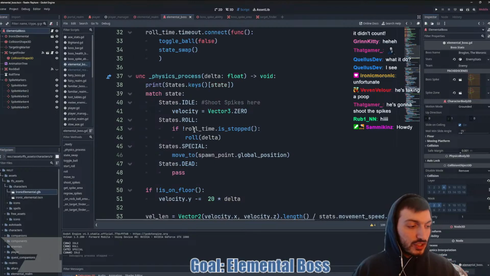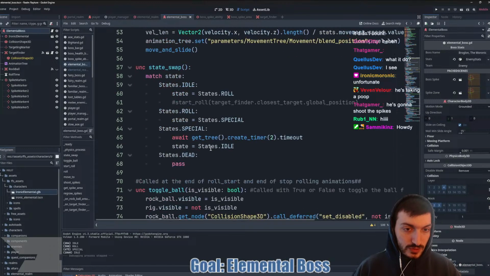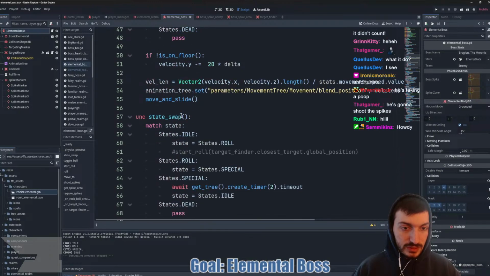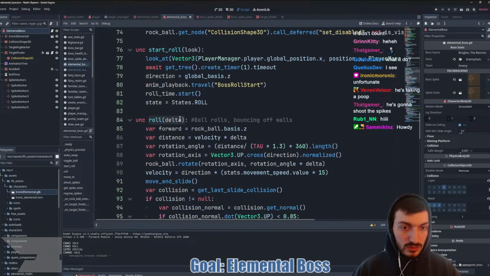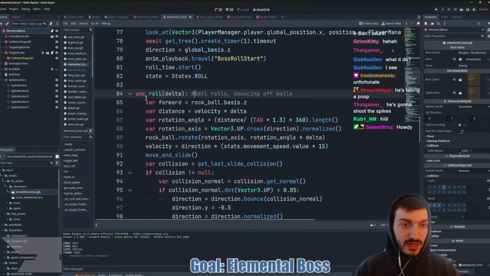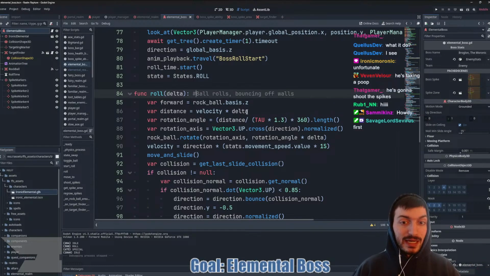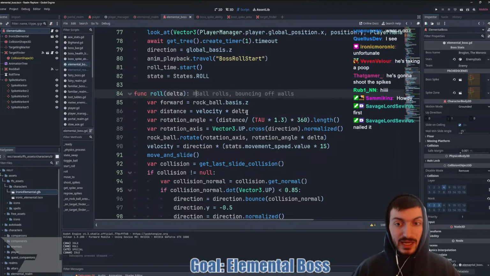So once we do that, we are in the roll state. If the timer is currently going, which it is because we started it, then we will roll using the delta. So in the roll, we have a variable for forward, rock ball basis Z, our distance, which is velocity times delta, our rotation angle, distance, so velocity times delta divided by 2 times pi times 360 dot length to turn it into a float.